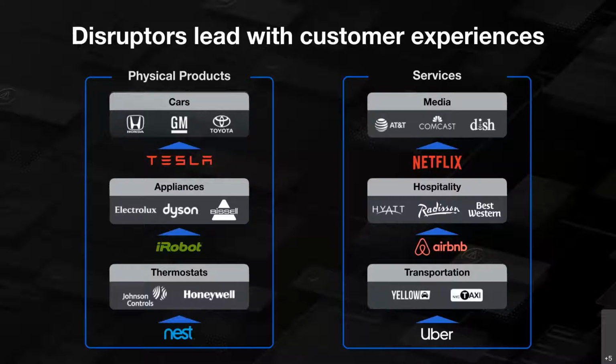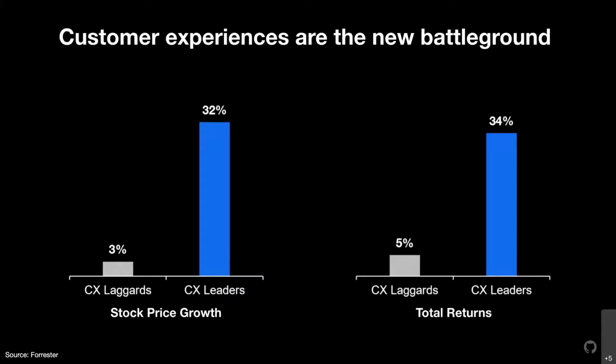The reason all of us on this call, what we're doing on this remote session, or the apps that we're interacting with, the reason we use it so often is because of the experience it delivers to us. And that is really an iterative process if you think about it. To get customer experience right for a large audience, there are lots of things that are involved in making that product. Lots of research has been done. And the reason these new leaders are way ahead of the pack is because they're really driving the customer experience.